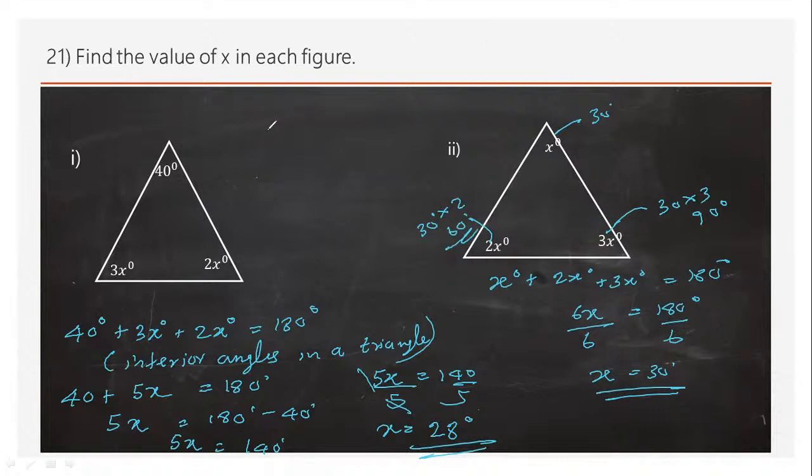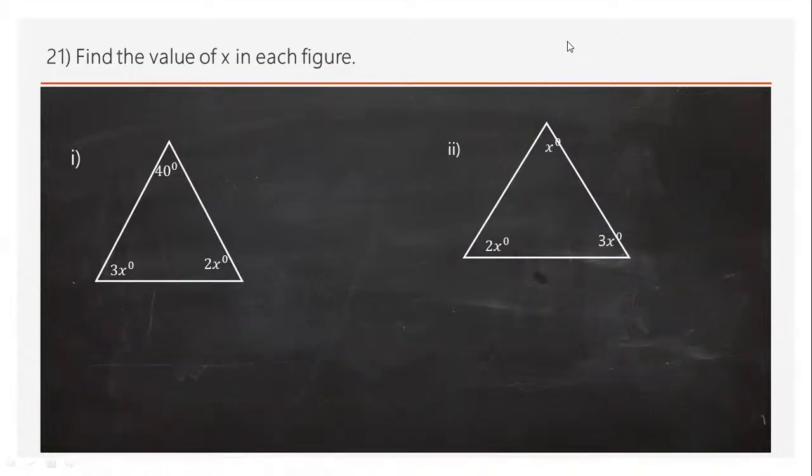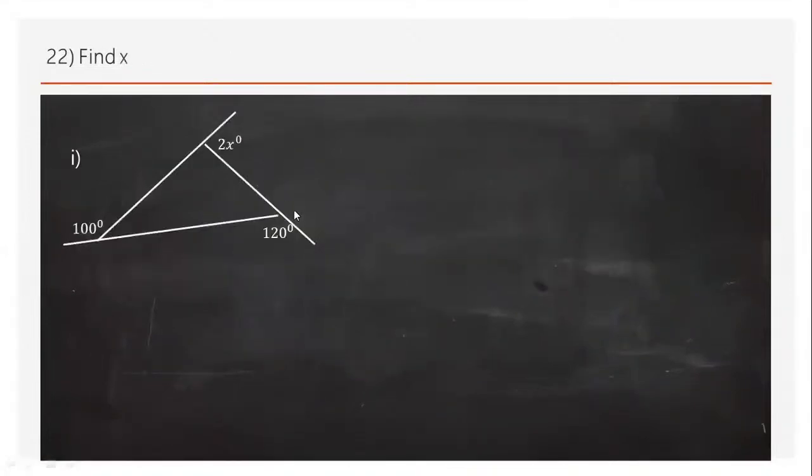Question number 22. What is this? Exterior angle of a triangle. We have done several sums, right? 100 plus 2x plus 120. We have to find the x here. Equals 360. The reason is